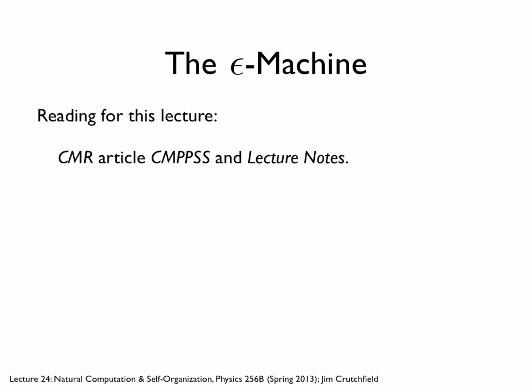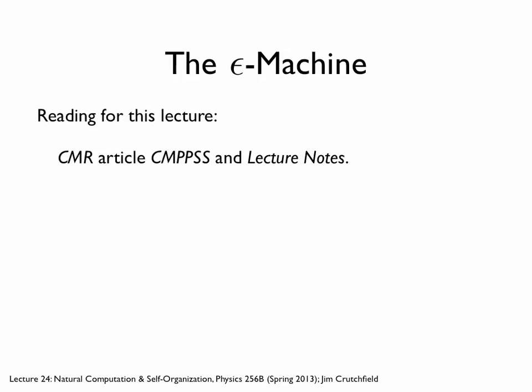But the real question is, okay, imagine you're successful and you actually have one of these things in your hand. What does it tell you about the process? So that's what today is, and there's really some work to do. Namely, it's a number of results, basically theorems, propositions, corollaries, and proof sketches of how they work. The longer, more detailed proofs are in the Computational Mechanics article. Today I will give what I'm going to call proof sketches.